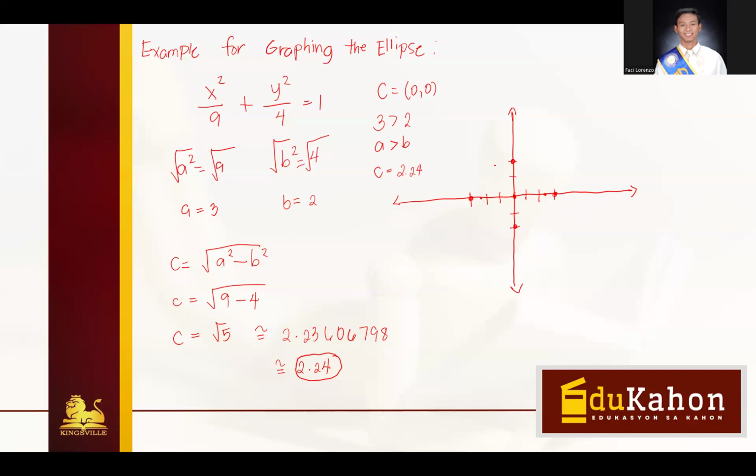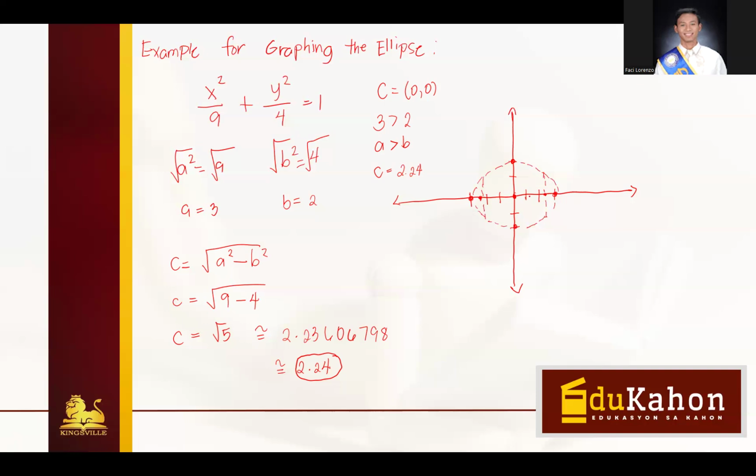Then after that, we will be trying to construct the graph of your ellipse. So this can be seen as like this one. If you try to graph this using an app, this will give you the same result. So again, this is your foci, the value of c, and this is the graph of your ellipse.